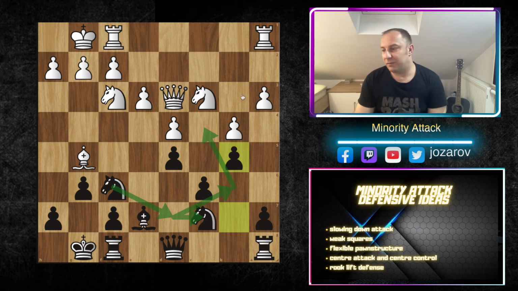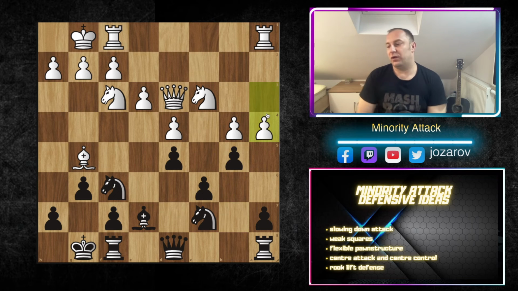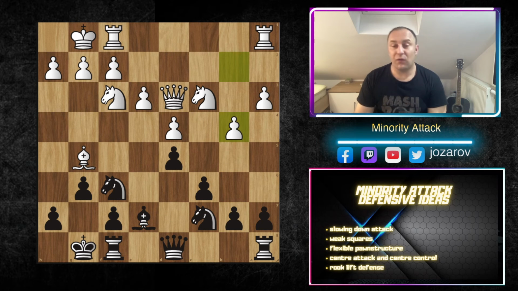But actually, the problem is now with the move a4, the position can be already broken. So it's not the same position like in the previous example where Sveshnikov had the battery on the a file. So it's now risky to play this kind of a move. But as I said, the center attack, the idea to